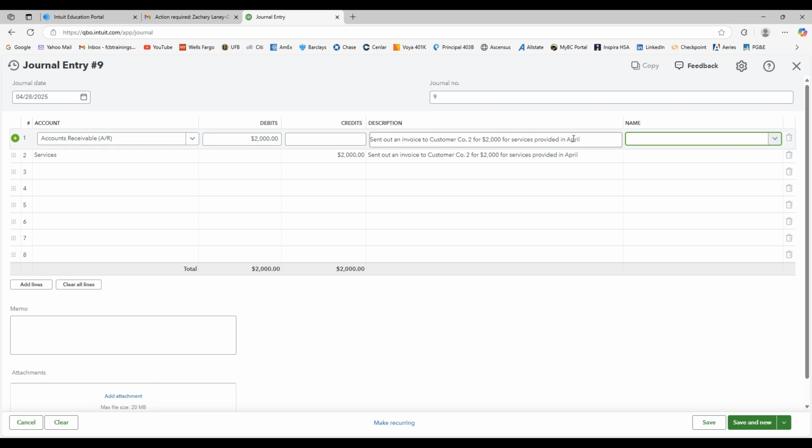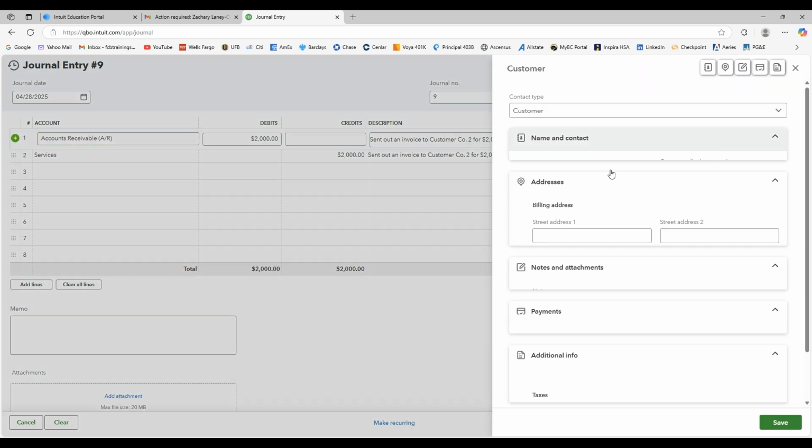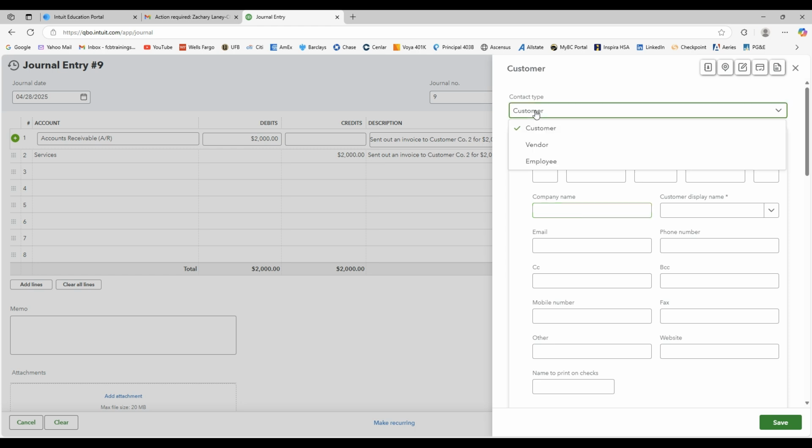Aging, it'll show how old it was when that customer owed you. And so what we need to do is associate this receivable here with customer company 2. So we go into this name input, drop that down. It's customer. There's a couple different selections, but we want customer here. And let's just put in customer